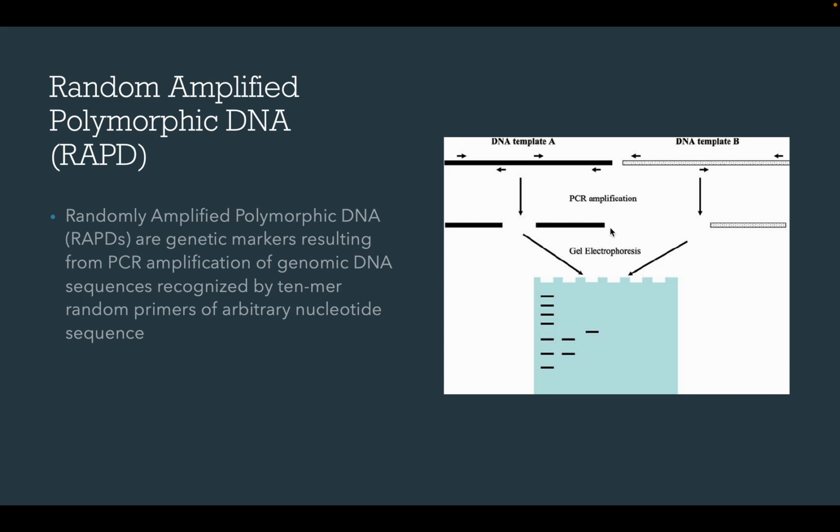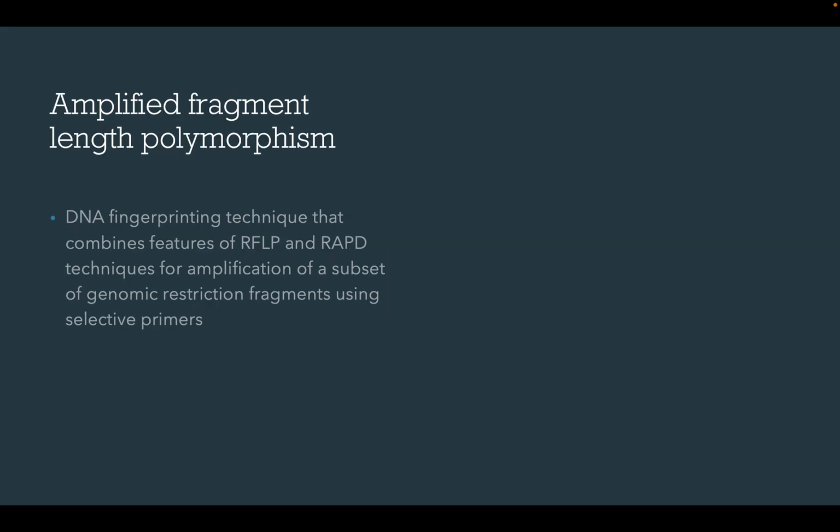So this is very important, just to check if there are differences or not, and then we can go specifically to where these differences are and how they relate to the phenotype, and whether they are related to some disease or not. The other one that we are going to talk about is the amplified fragment length polymorphism. It's a combination of RFLP, restriction fragment, and the random amplification technique. So it uses both the restriction enzyme, restriction fragments, and then the amplification with random primers,